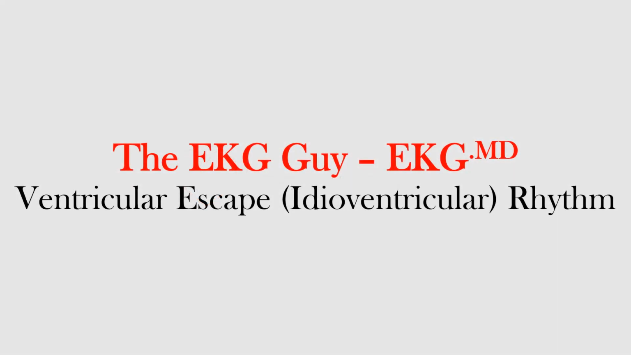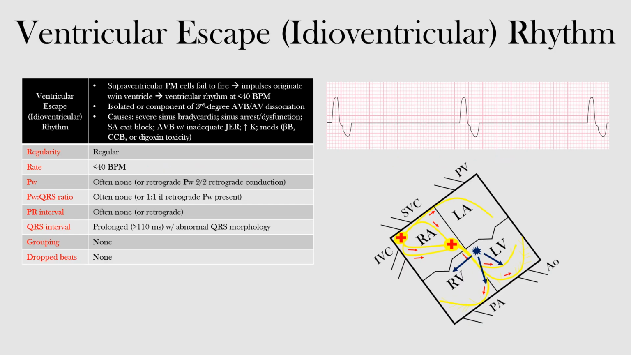In this lecture, we will discuss ventricular escape rhythm, or idioventricular rhythm, including its origin, mechanism, EKG features, and potential causes. Ventricular escape rhythm, which is also referred to as idioventricular rhythm, occurs when a ventricular focus acts as the primary pacemaker of the heart. This rhythm can be found by itself or as a component of third-degree AV block or